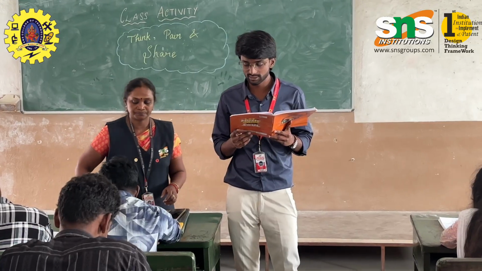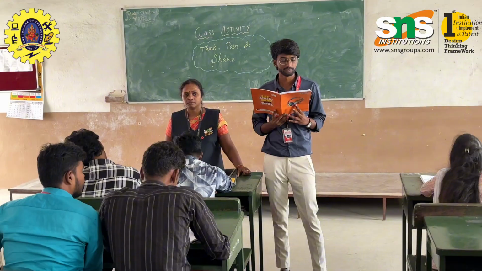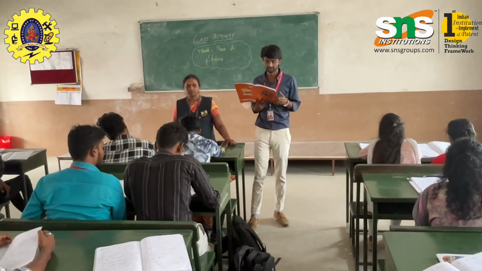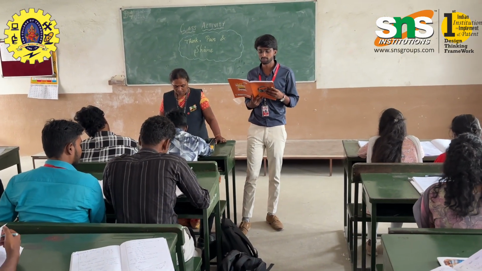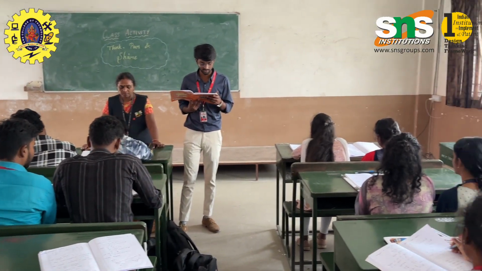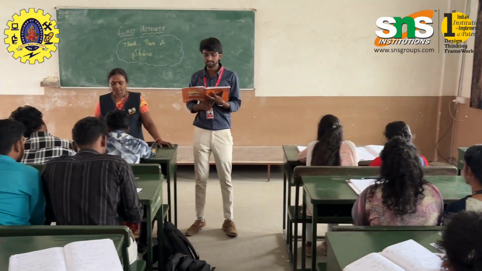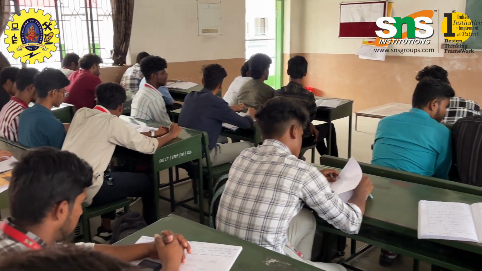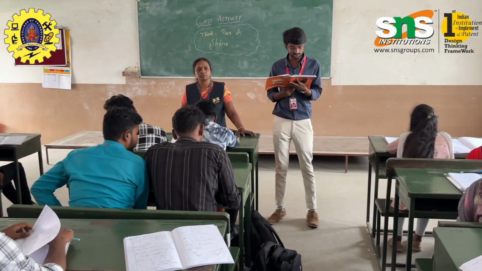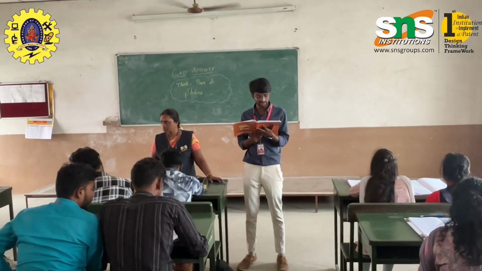It is more accurate than the nominal T method, especially when the load is distributed. What is the line model? Series impedance and shunt capacitance. Series impedance is R plus jX in the middle, and shunt capacitance jB by 2 at both ends. With the pi method, the model is used to calculate efficiency, voltage regulation, power losses, and stability. What is the application? Analysis of medium transmission lines in power systems, used in design and performance studies of overhead lines.